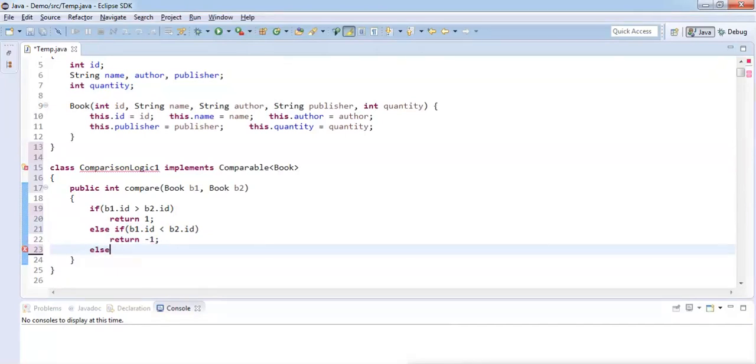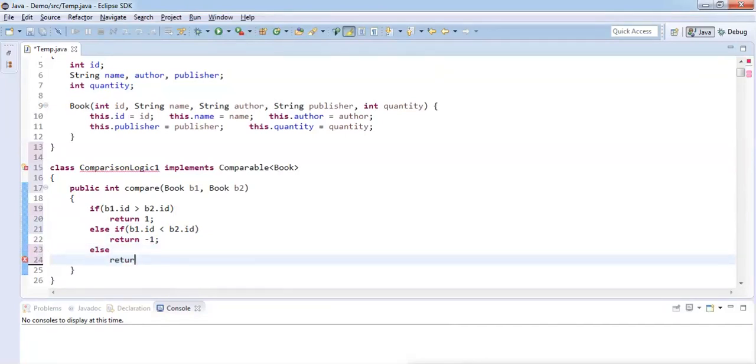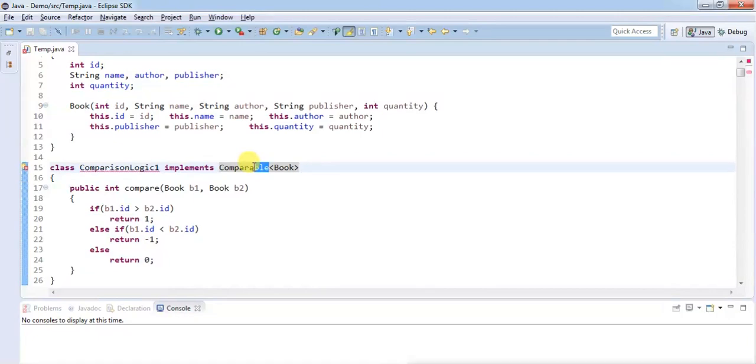This is the logic, right? Oh, wait a minute, just a rectification, not Comparable, sorry, ComparatorLogic, because I'm talking about Comparator, right? So I'm correcting myself. Implements Comparator, and it has a method called compare.